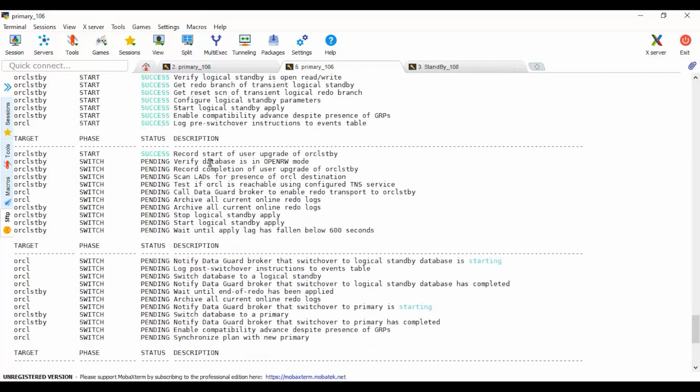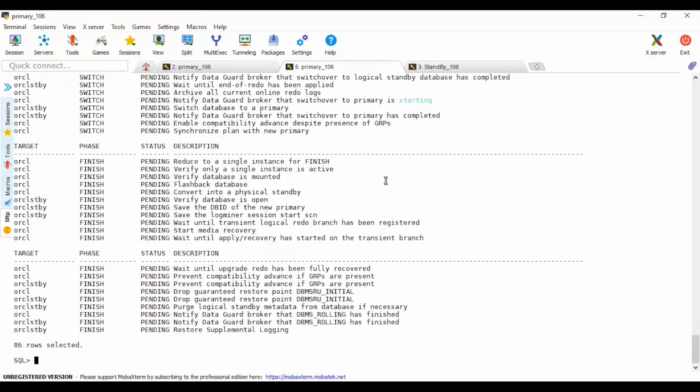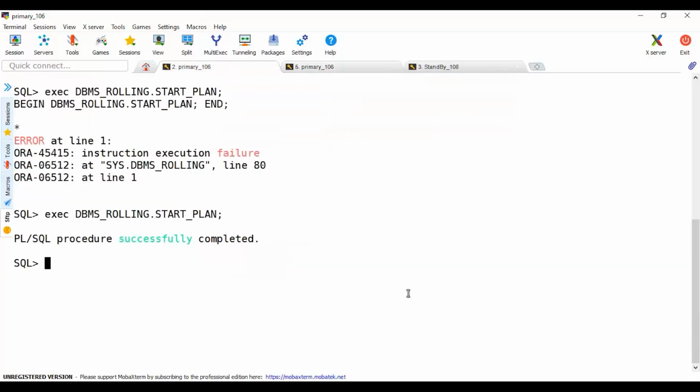Very good. So record start of user upgrade of this one. That's perfect. So let me exit from here. Or even I may keep this. What I will do now, as per the steps, after we execute this, we may go here